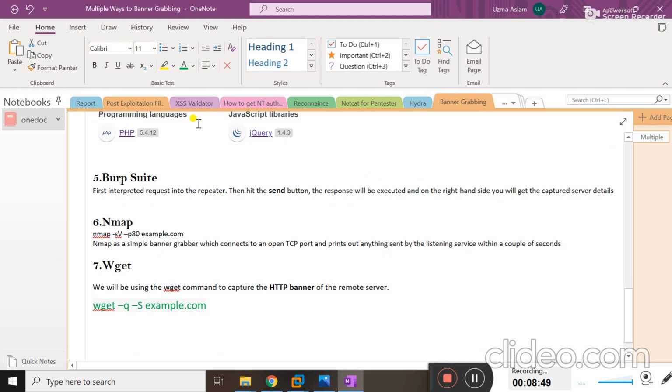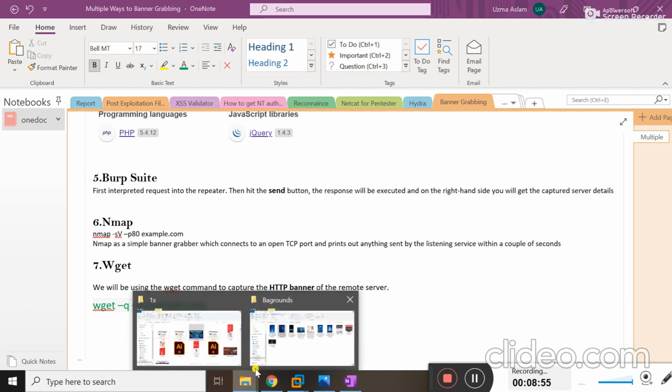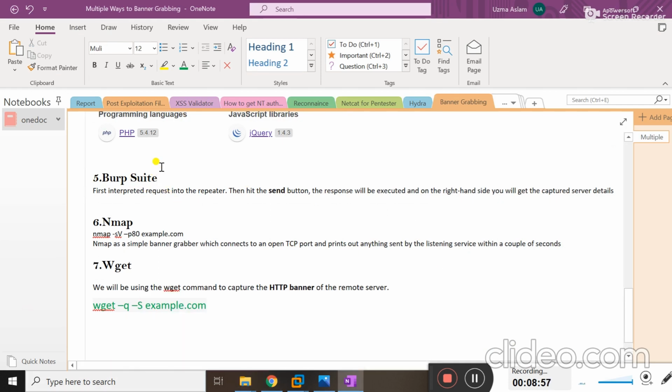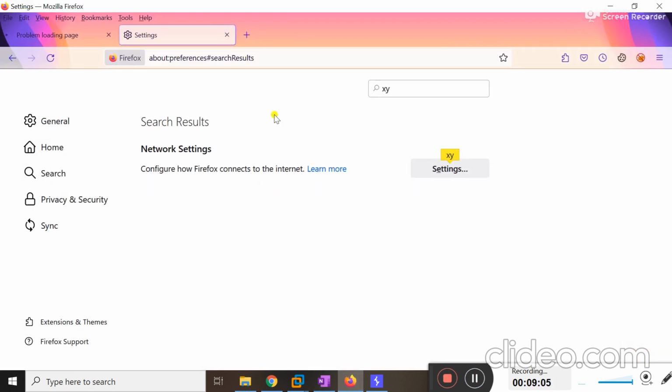Okay, let's move to the next one, that is Burp Suite. For this purpose I'm going to turn on Burp Suite. Students, basically I'm going to use Burp Suite on my Firefox as I configured Burp Suite in Firefox.